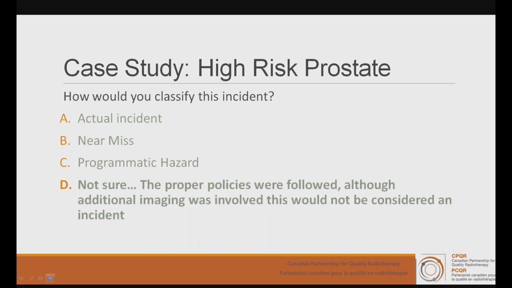He was imaged accordingly. He was provided the education. He felt full. They had all the information and they acted on it accordingly. Even though he did have additional imaging, the decision-making processes were all appropriate. So in this instance, it wouldn't necessarily be an incident. It's just following the policies